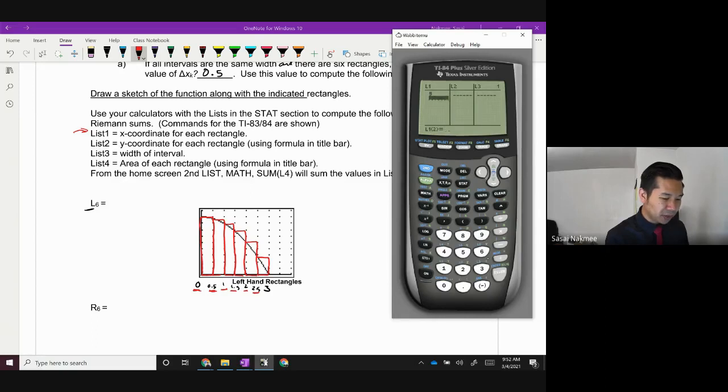So instead of going to each number and pressing delete, you can go up to the very top. Don't press delete, because if you go to the very top and press delete, you delete the whole list. I want to clear the list. So at the very top, you can press clear, press enter, and the whole list will be cleared out.